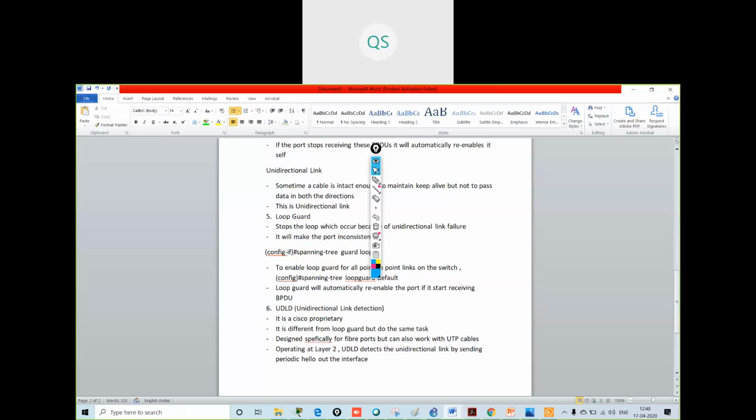So what will it do? It will check for unidirectional links. It will send hello packets.